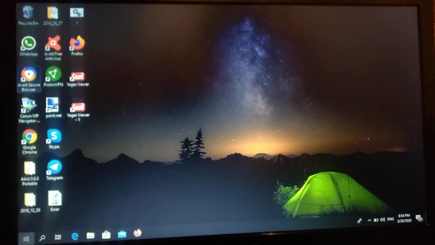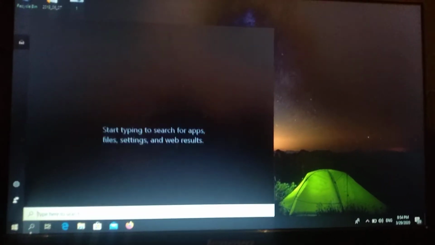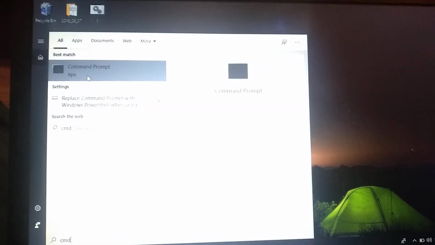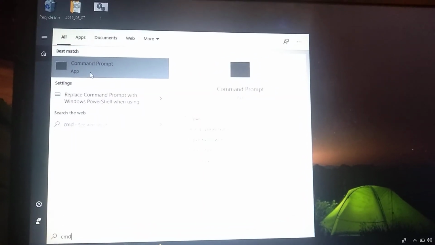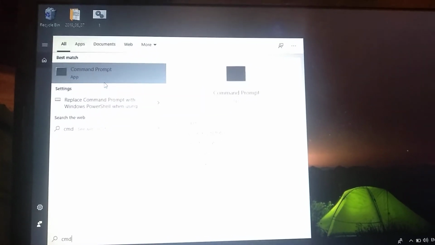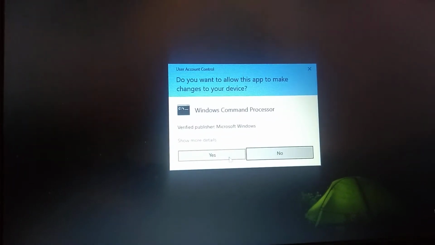We just need to open the search tab and write cmd, and we will see our command prompt here. Right-click on it and choose run as administrator. Here you choose yes,